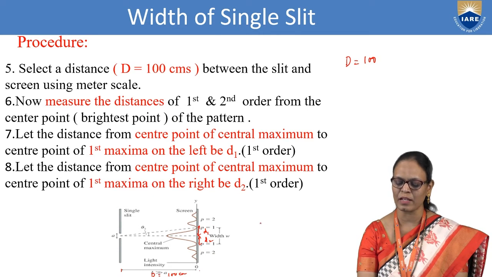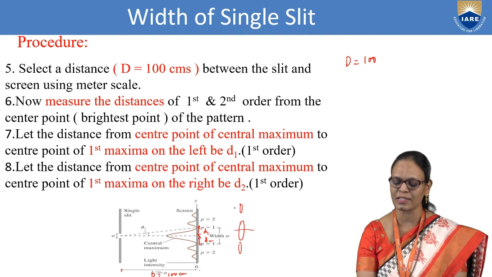Because we have seen the width varies when we are talking about the pattern, you need to take care that you always measure from the center to the center. So this distance will be D1. Again, from this center to this center, because you may get confused about which point to take, the start or the end. Of course, the central maxima is very broad. So mark the center point, and this is D2. And as you have seen in the demo, for convenience we keep the graph paper and plot the points for accuracy.